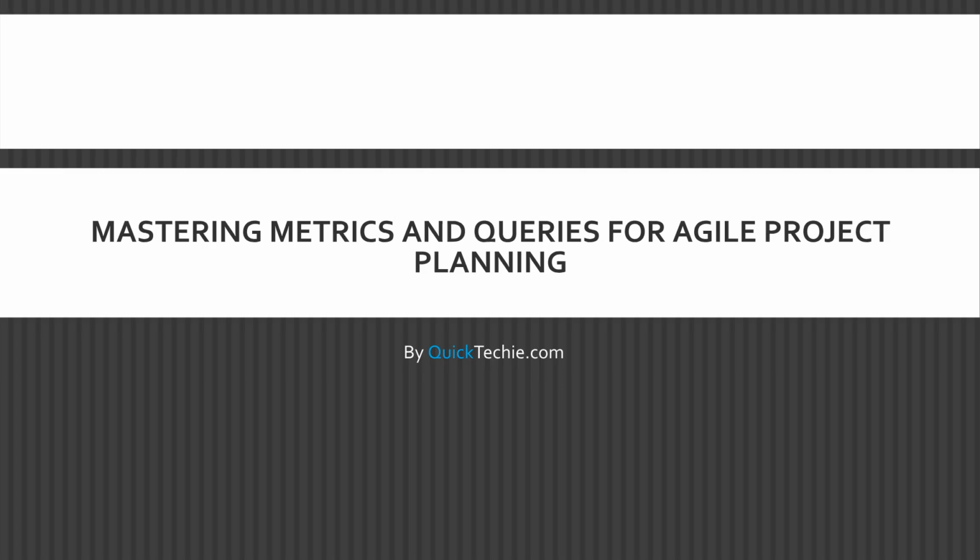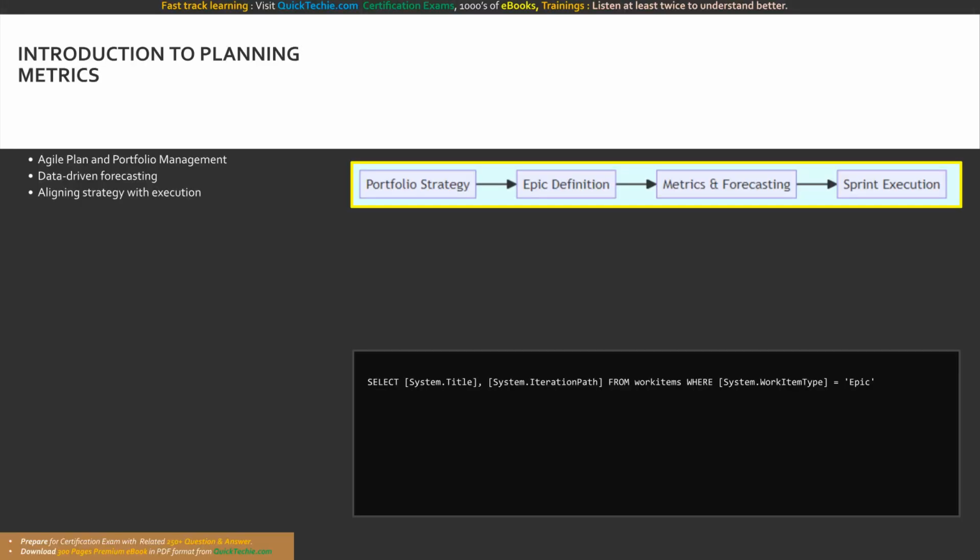Today's module is focused on how to design and implement appropriate metrics and queries for effective project planning using Azure Boards and GitHub. Effective Agile plan and portfolio management relies entirely on accurate, data-driven forecasting. By designing appropriate metrics for project planning, transformation teams can align high-level business strategy with daily technical execution. Utilizing Azure Boards, organizations can capture real-time data regarding team capacity, sprint progress, and backlog health, transforming subjective estimates into